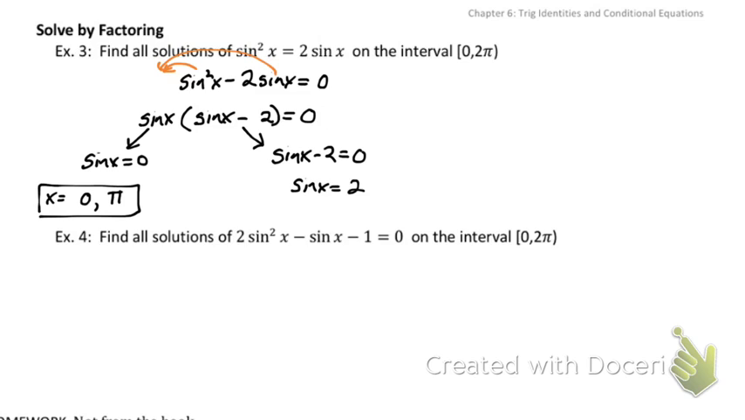There isn't one. Picture your sine graph. Your sine graph bounces between 1 and negative 1. The biggest the value can be is 1. The smallest it can be is negative 1. In fact, if you draw a unit circle